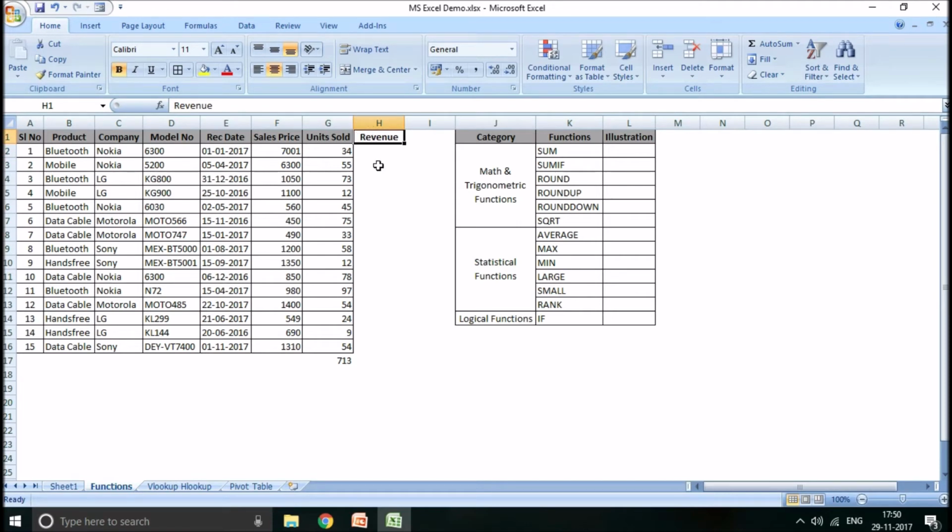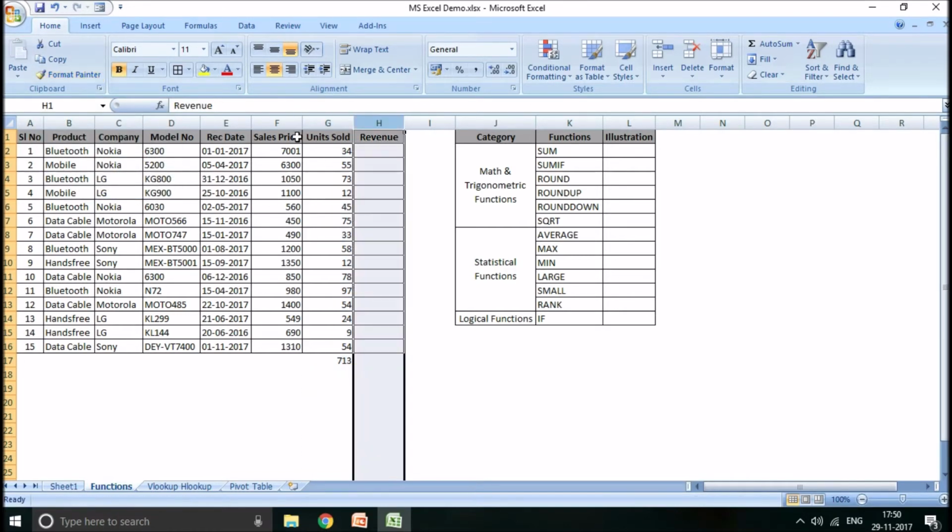Okay, now how to make it in the same format? So you can select this column, there is something called a format painter, click on that and click on this particular column. So the entire thing, only the format is copied, not the values. Also in Excel, one thing you have to observe is, though this is 713, if you click on this, the value is 713. If you see the formula bar, it shows the formula.